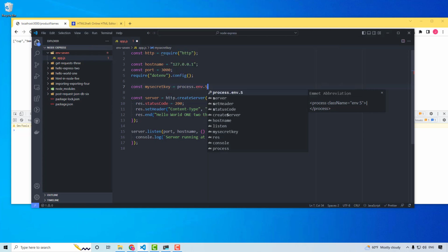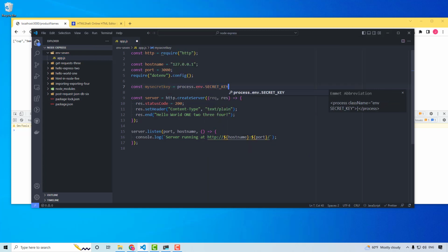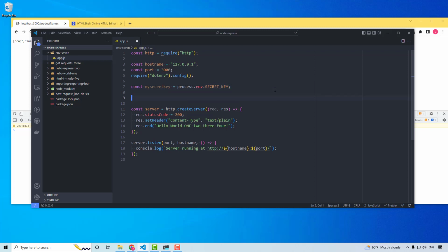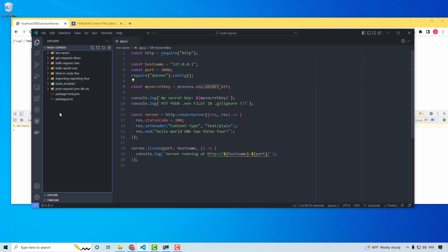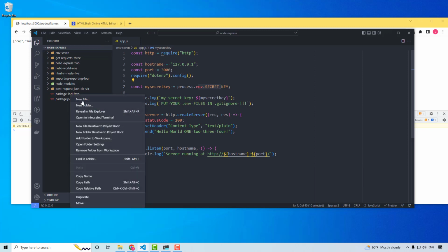So I'm going to name this secret_key, save, and then we can console log that secret key. So I'm going to console.log. Okay, so the problem is that we don't actually have any secret key or an env file. So we need to make this env file, and I'm going to put it in the root directory, so in the same level as the package.json file. So new file